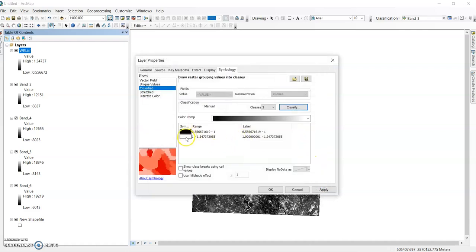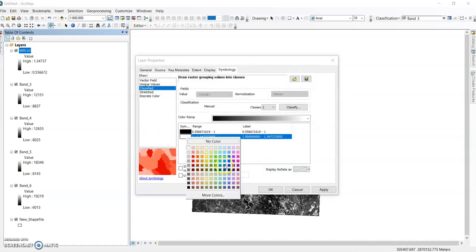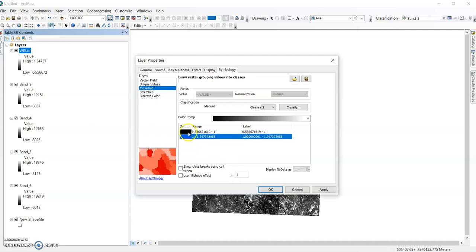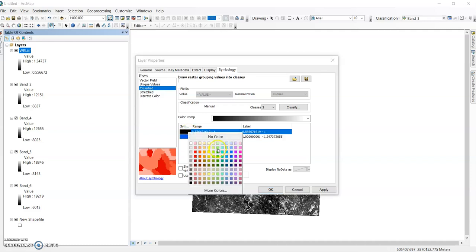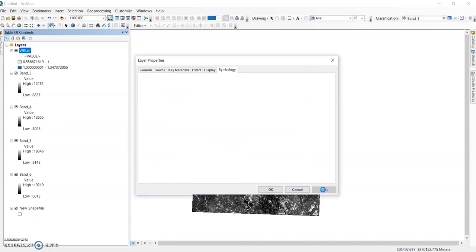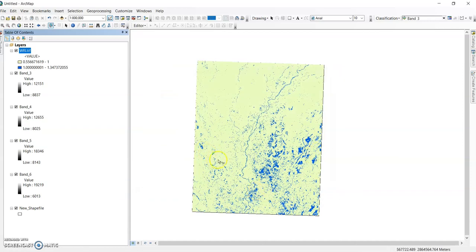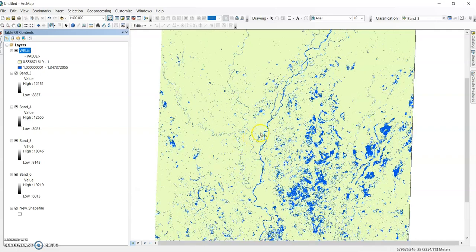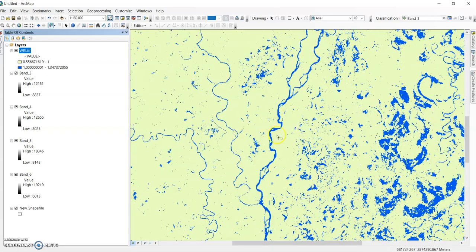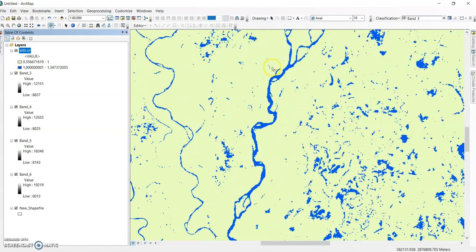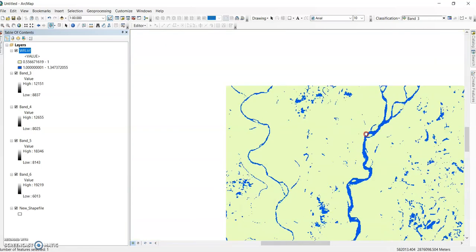For more than 1, give it blue color for water, and for the other part, give another color like this color. Now see, these are all water body. For more than 1, these are all water body.